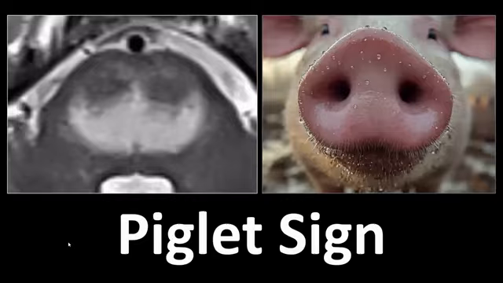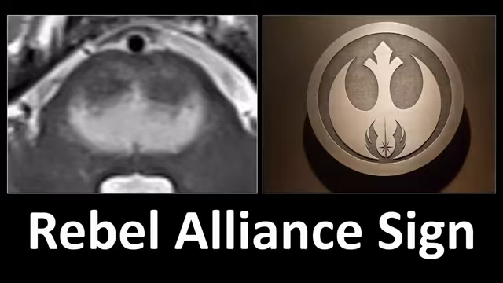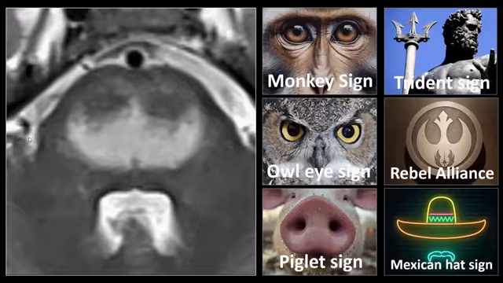Other authors have likened it to the snout of a pig, so it also goes under the name piglet sign. Still other authors have compared it to a sombrero, so it's also known as the Mexican hat sign. And then you have the nerds, and there are plenty of nerds in radiology, who recognize the Rebel Alliance sign in this entity. So yes, it goes under many names: monkey sign, owl eye sign, piglet sign, trident sign, Rebel Alliance sign,